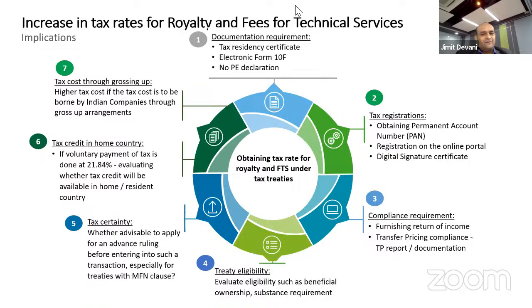If the payment is less than 10 crores, still the rate is nil. If the payment is less than 10 crores, you need to apply the surcharge and cess accordingly. In case it is not FTS and business income, then the tax rate is nil. Then if it is no PE, no tax. If it is business income and you do not have a PE, it is not taxable. And if it is business income and you have a PE, it is taxable as per the domestic law of India, which is 40% on a net basis, plus surcharge and cess. So effectively 43%.